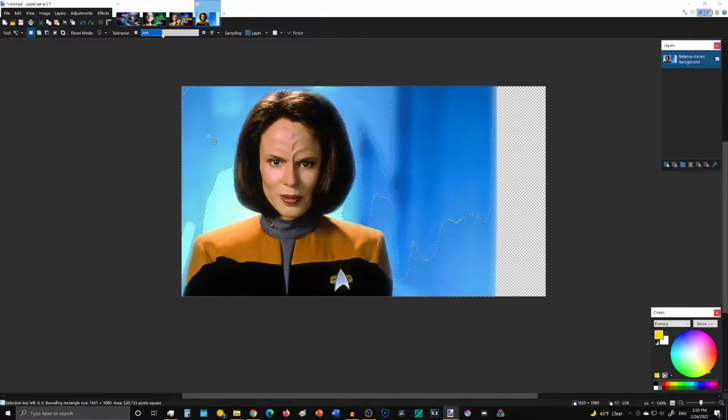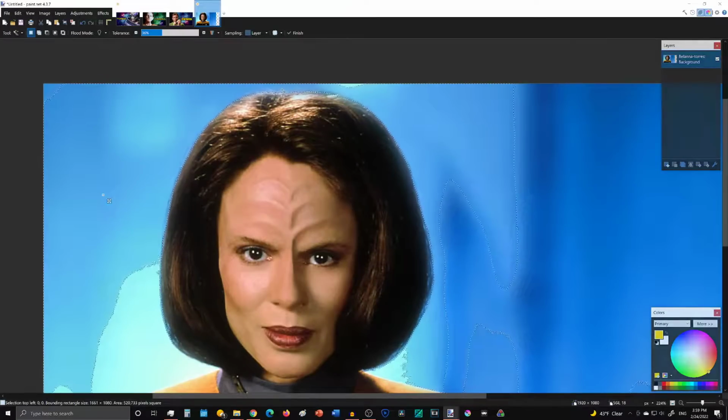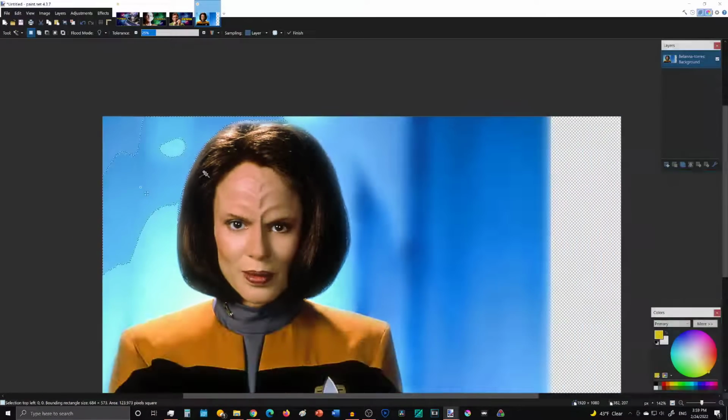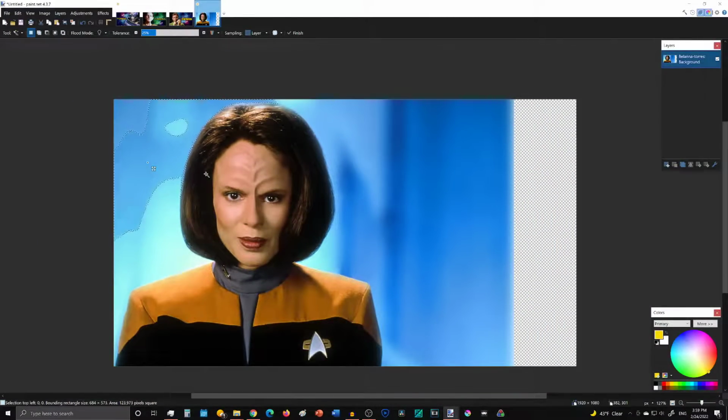Want to make sure that we're not deleting segments of her hair, right? You can see there's a little bit that's getting cut off at the top. We want to minimize that as best as we can. So that's why it's going to be sort of piecemeal that we take this out. And this may not be the best demonstration of using this tool